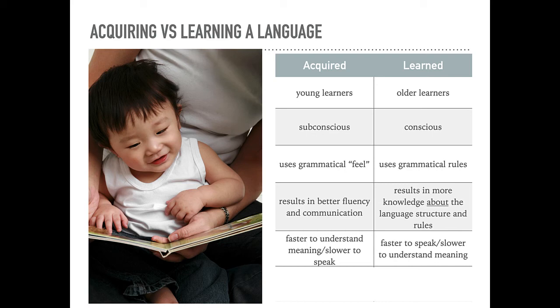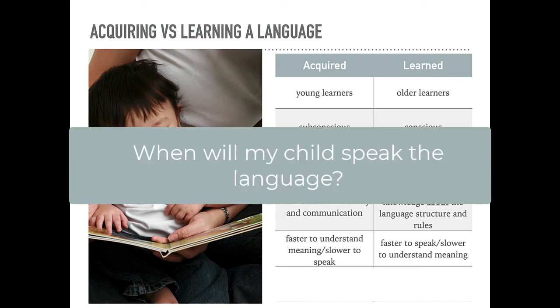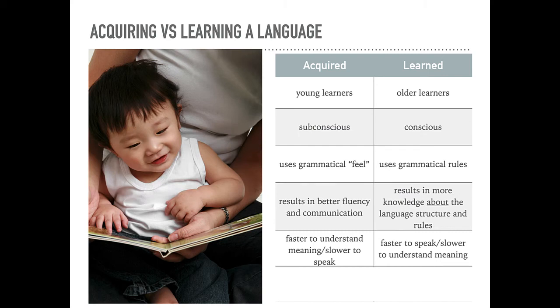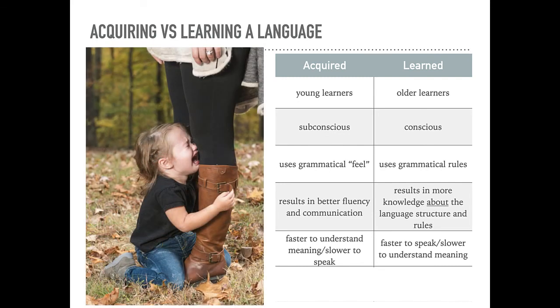So this is one of the big issues that comes up with immersion kiddos. A lot of their parents want to know, when will my child speak the language? Because they equate the ability to speak language with the ability to understand language. And that's just not the case in language acquisition. In fact, there's often a 1 to 2 year gap between your child's ability to understand and your child's ability to speak. We see this in toddlers. We can speak to a toddler and they can understand us, but they can't produce that same level of language when communicating with us. And in fact, that's often what causes their tantrums, because not being able to communicate is hard.